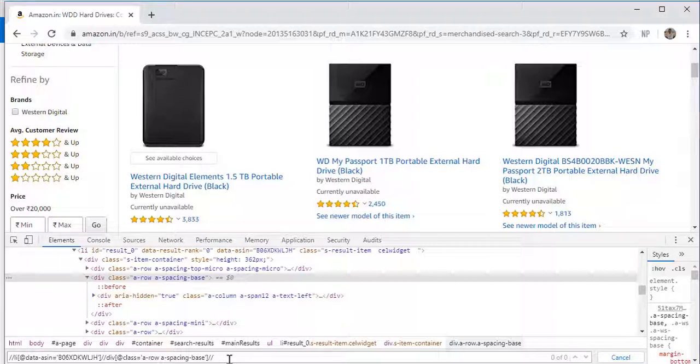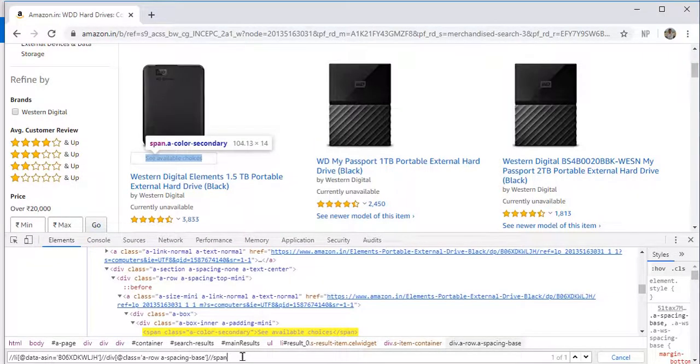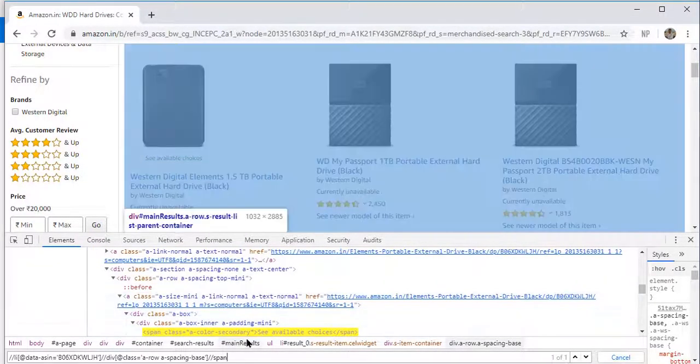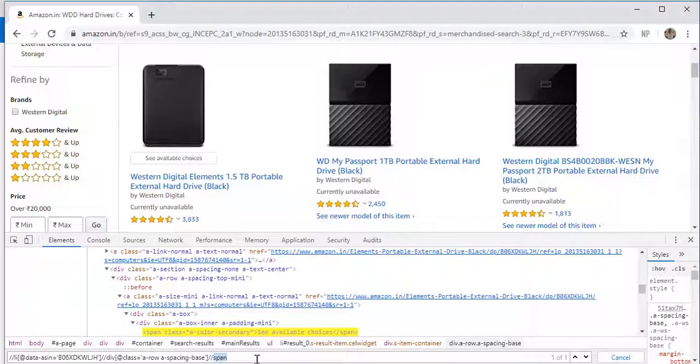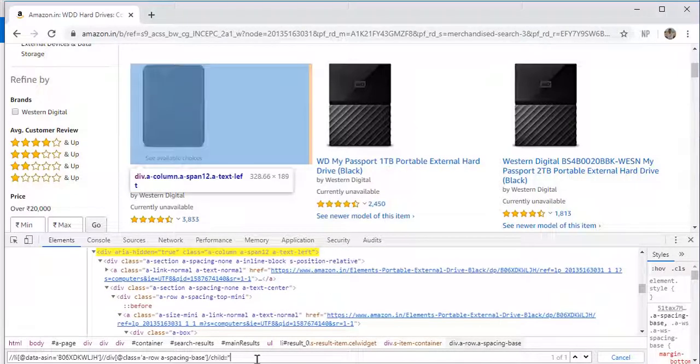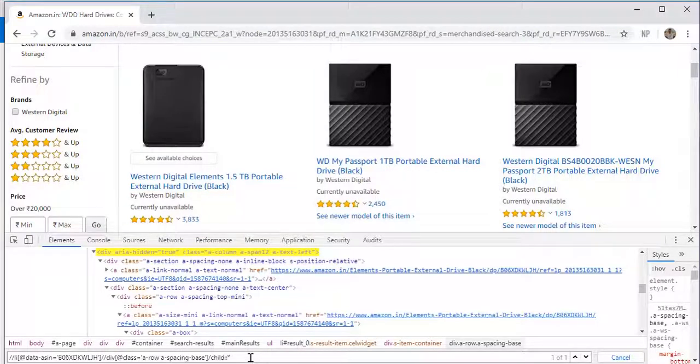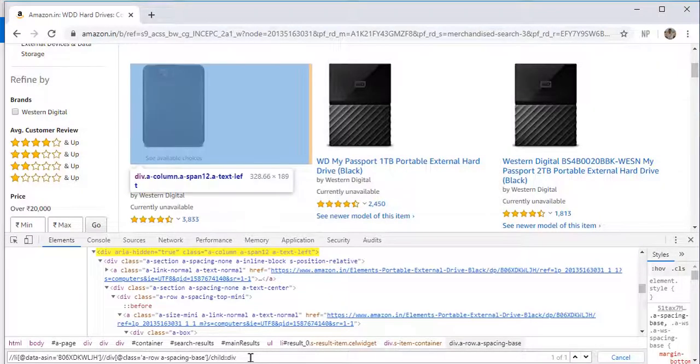Suppose it will be div, it will be span, all will be considered. Suppose you need specifically div, then it will be pointing to div only. So suppose you are getting the span, then it will take the nearest span available within its child. Okay, so this is one method: double forward slash, it will go to its child. And the second method is just write child double colon and star. So star will take any one of its child elements. Okay, so again suppose you want div, so the nearest div it will be pointing to.